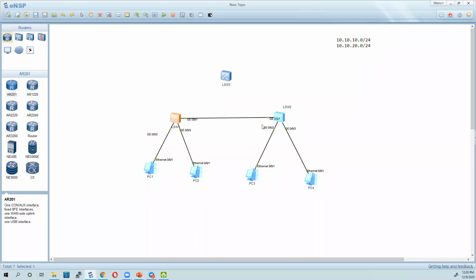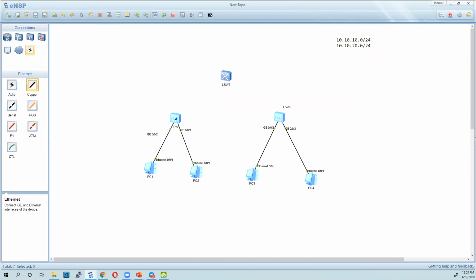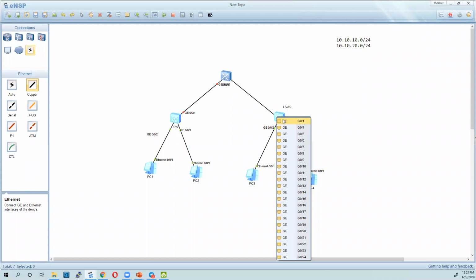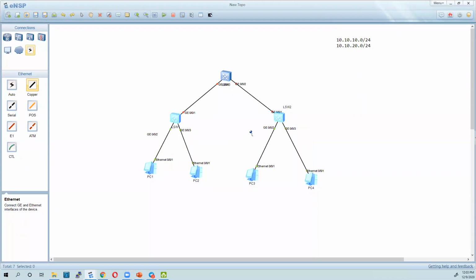Let us assume these 2 are layer 2 switches, but this one is a layer 3 switch. So we don't need this connection, we are going to remove it. So now these switches just connect to the layer 3 switch, which will do the routing.